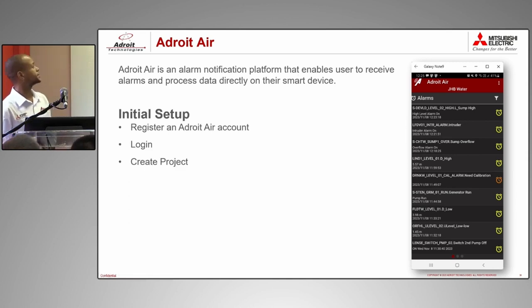Okay, initial setup. How do we do this? How do I get the Adroit Air? Very important. On our Adroit website, under our downloads, we do have the Adroit Air data source that you can download, and you're going to install it on your agent server or SmartUI server where it's running. Once that is installed, the good thing is it also gives you the quick start guide on how you're going to do that. So what is important, you're going to register with your email, and then